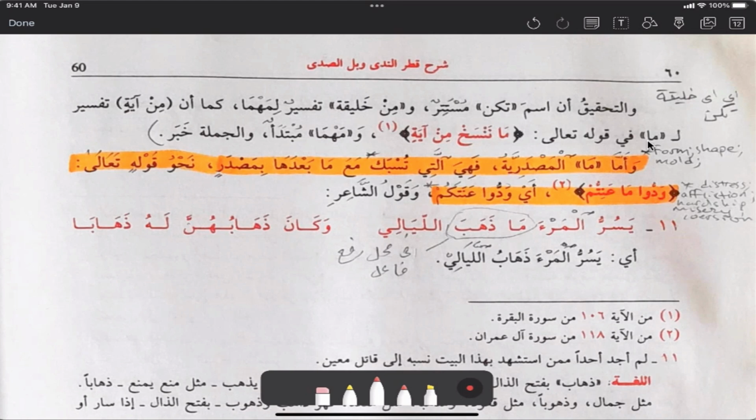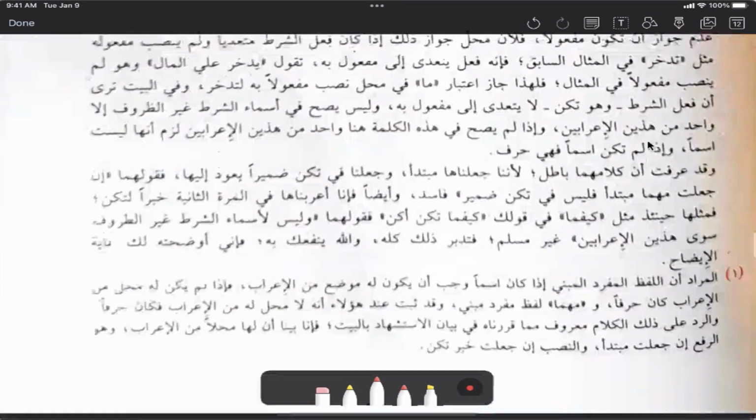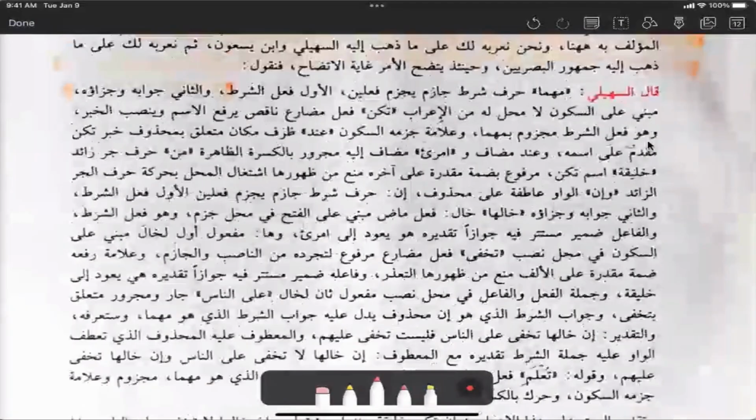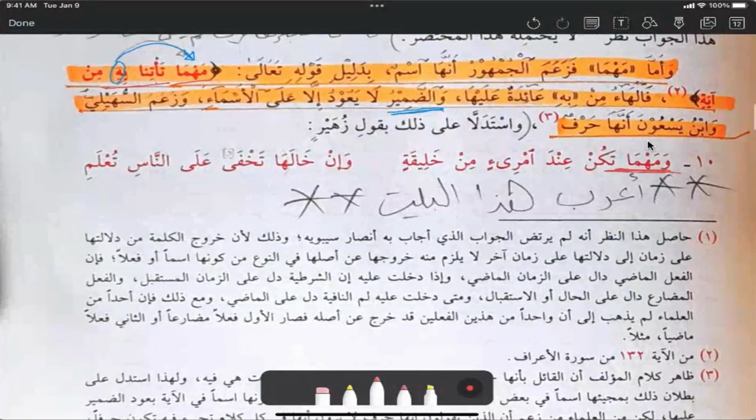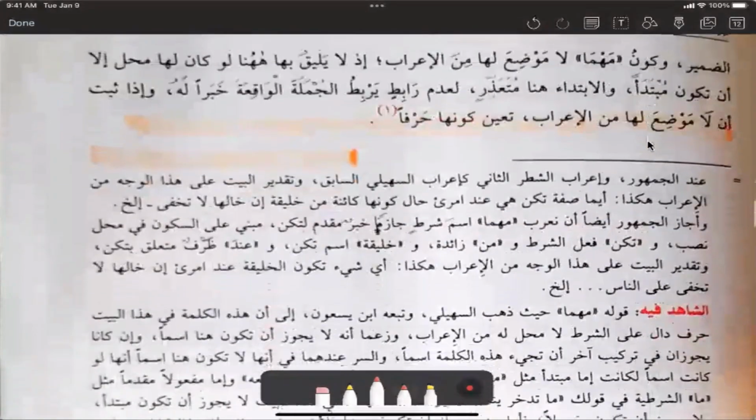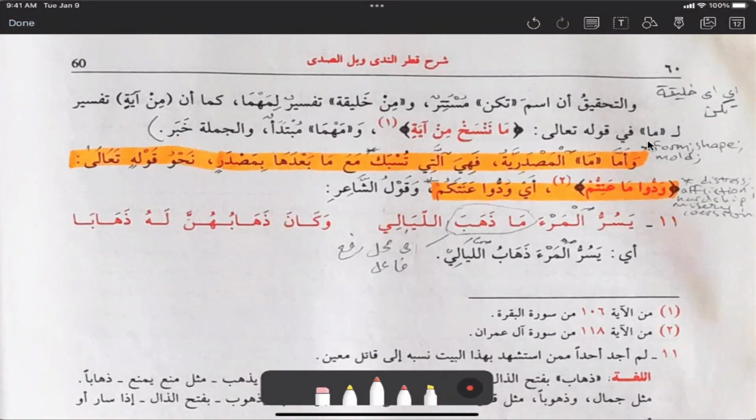And now he's saying, but really in this line of poetry, the word mahma is the subject of the sentence. It's a nominal. Those two are mistaken. That's an extreme paraphrase. Now,